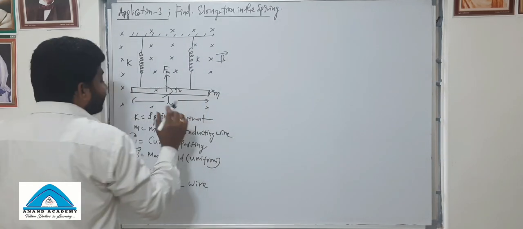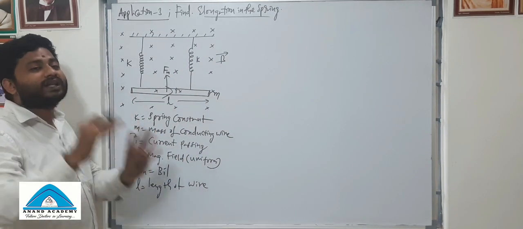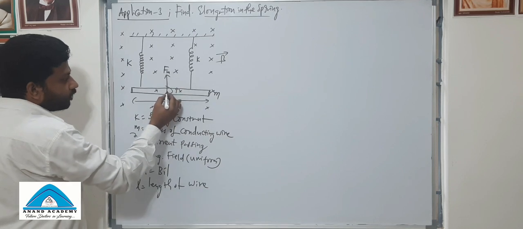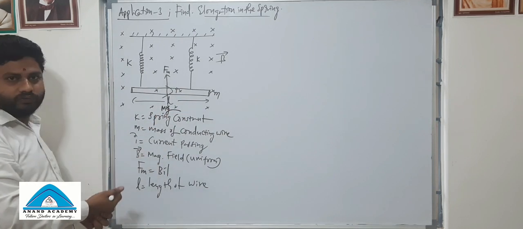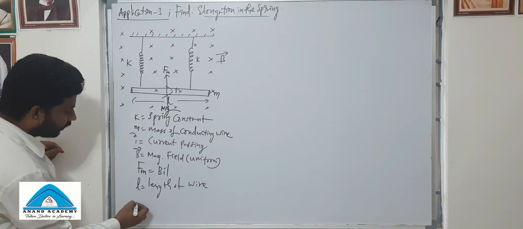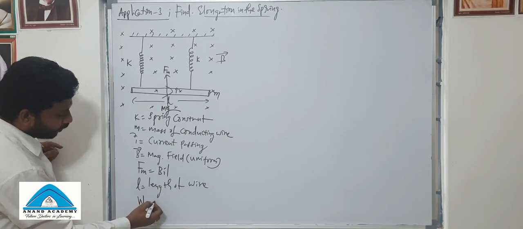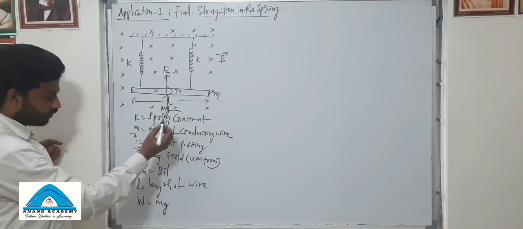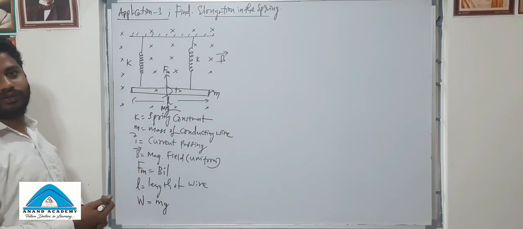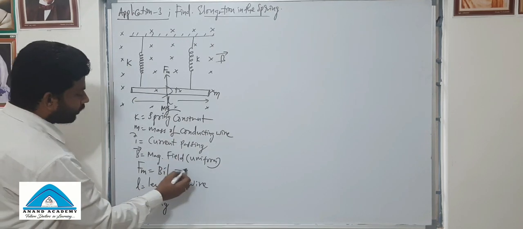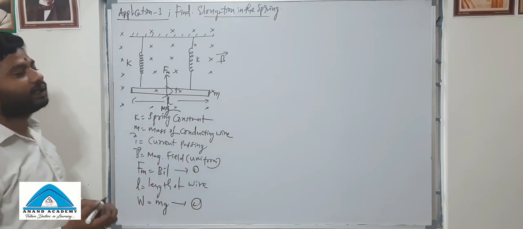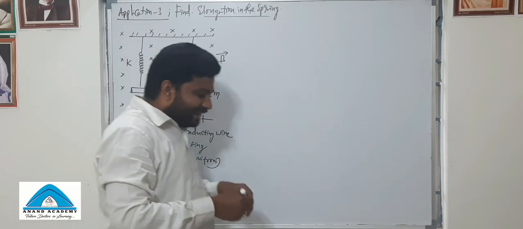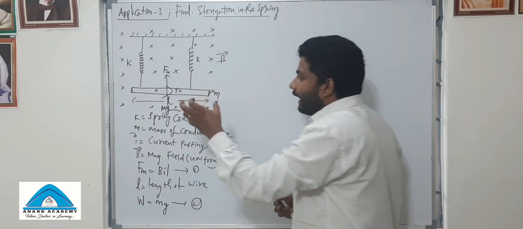So on this, our focus right now is only on the conductor. One force is upward, and another force, mg, is downward. I am writing here: weight of the body is small m into g, where g is acceleration due to gravity. So this is one force, and the second force, most importantly, arises when there is an elongation